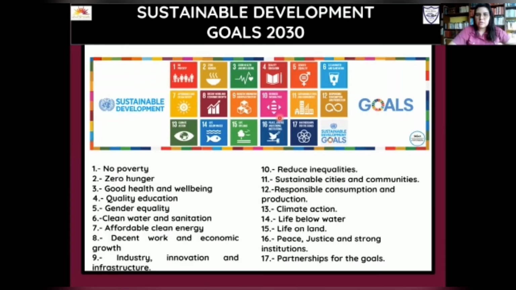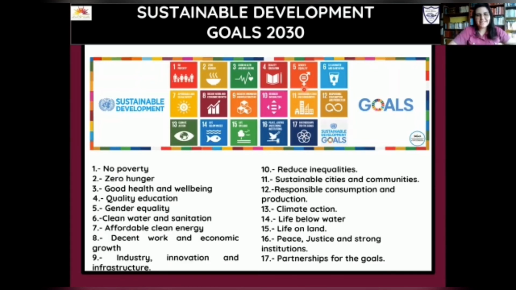11, sustainable cities and communities. I like this because we can create sustainable cities and communities. And it's so easy. That sounds so difficult, but it's not. It's easy. We need quality education, reduced inequalities, and to generate decent work and economic growth. And I think this is my favorite,